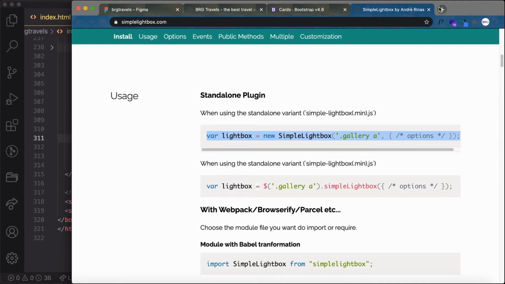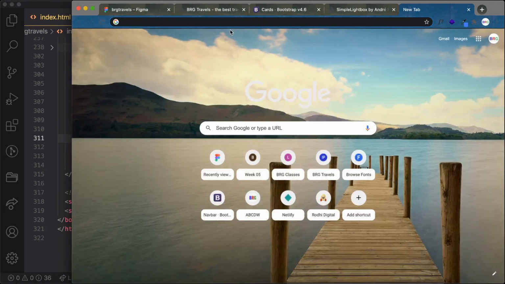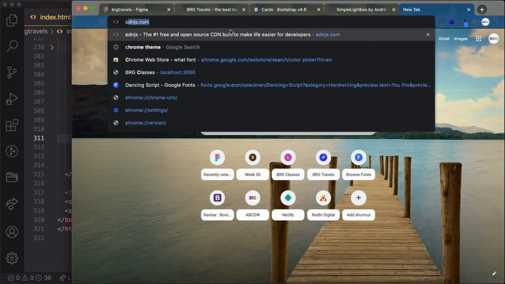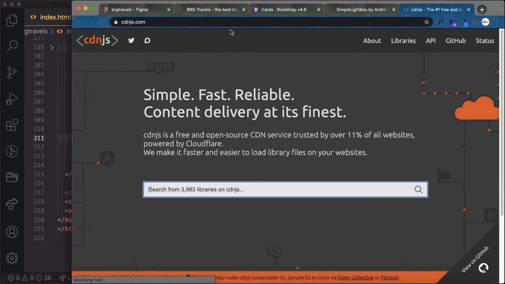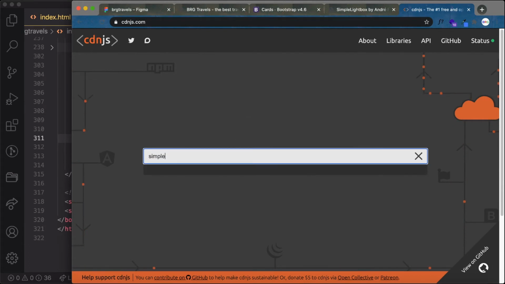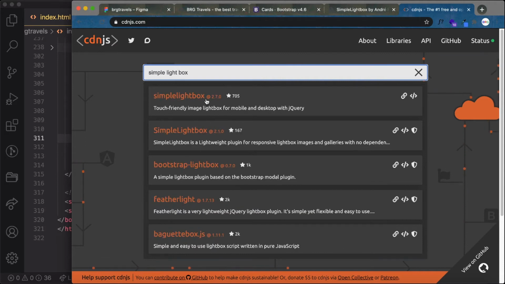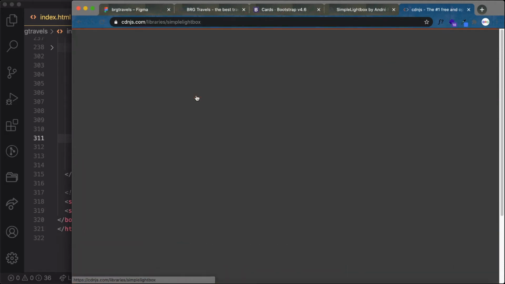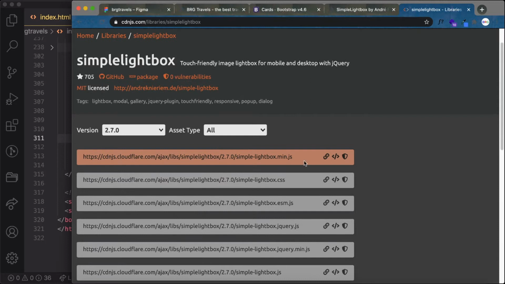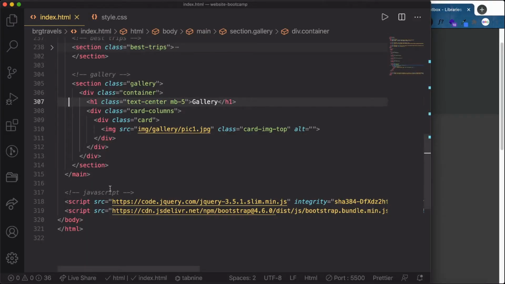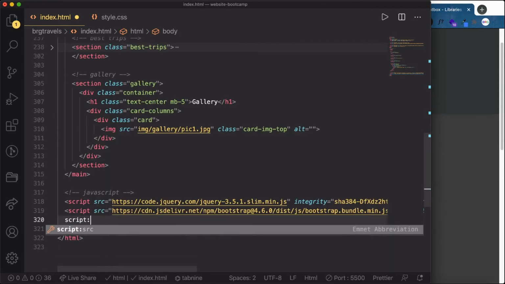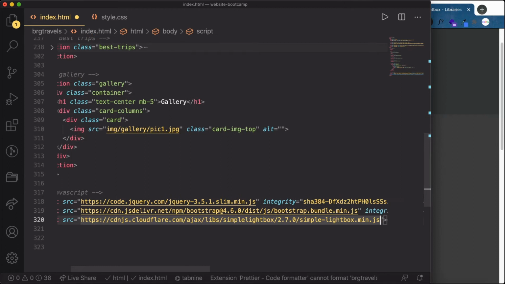To get the CSS and JS, I am going to cdnjs and then typing Simple Lightbox, and the first one, and copy the JS URL and pasting it here, script.source, and then paste.